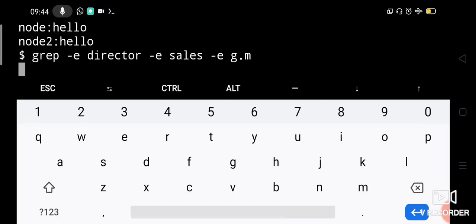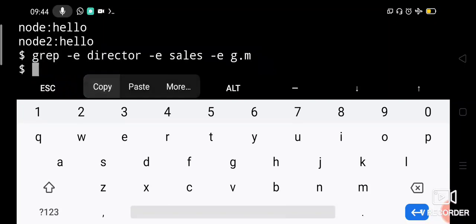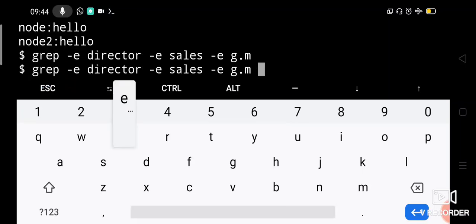File name I have to give. Let me copy and paste. So file name is emp.list.